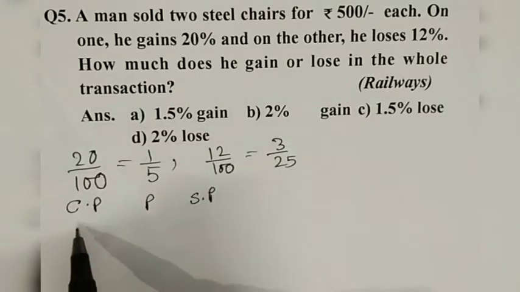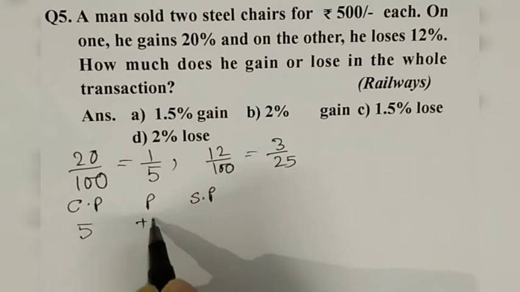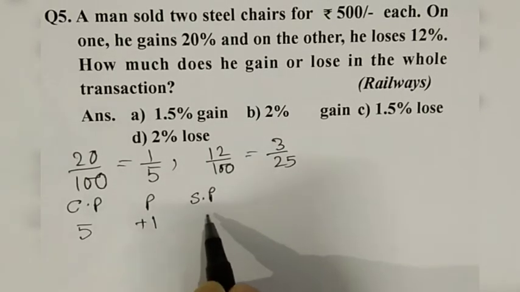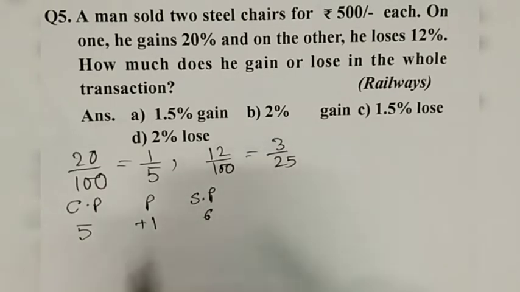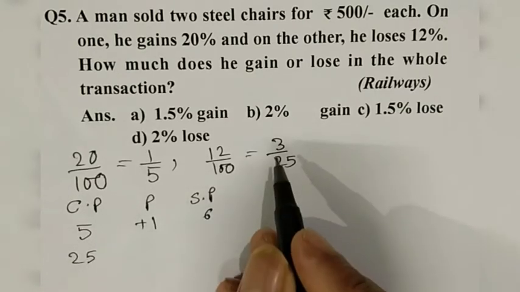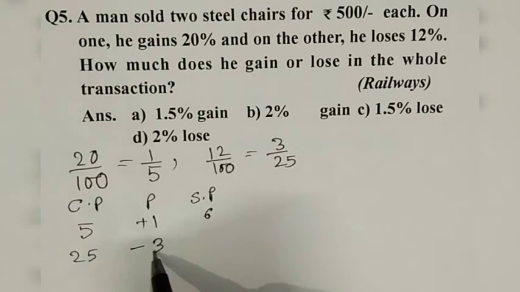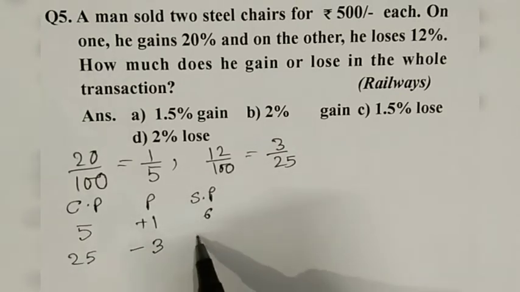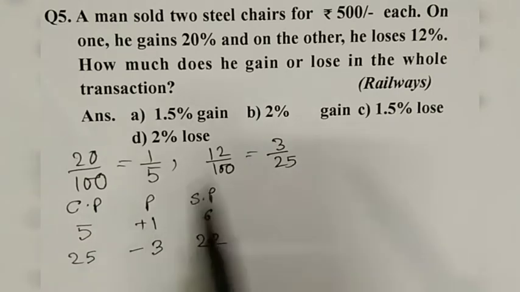It means cost price 5, profit plus 1 and selling price 6. It means cost price 25, loss minus 3. Then selling price is 22. But